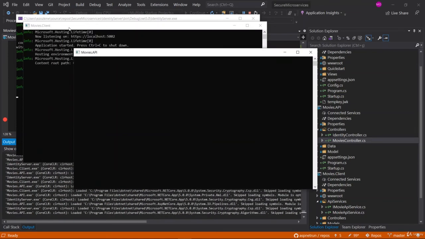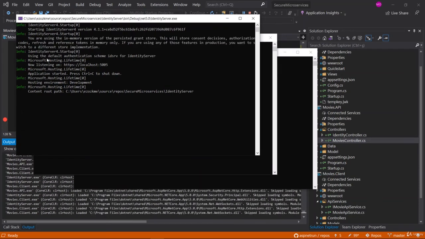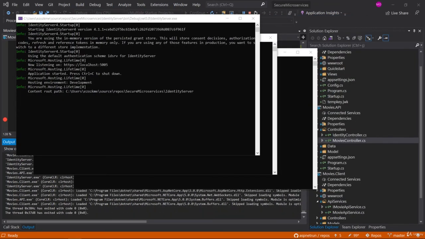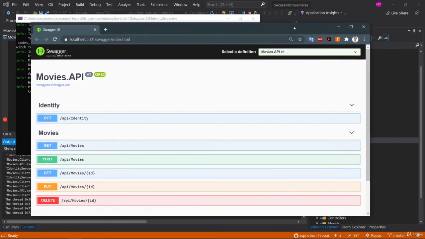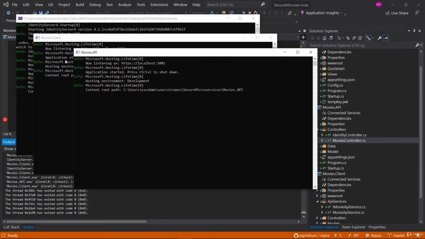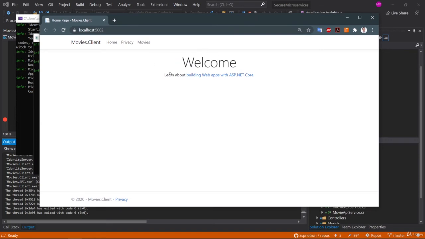This is our protected API project, this is our MVC client application, and this is our identity server. Okay, identity server is working fine, and it is okay for us. As you can see, we also have an identity server window. I'm closing this window. And the other thing is the protected API. Protected API is working fine. Movies API is exposing 5001. We are going to consume this API by passing the token, and you can see the API console window is okay. And this is our client application, where we will see the demo.